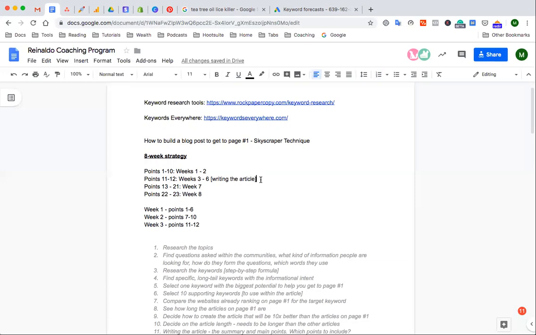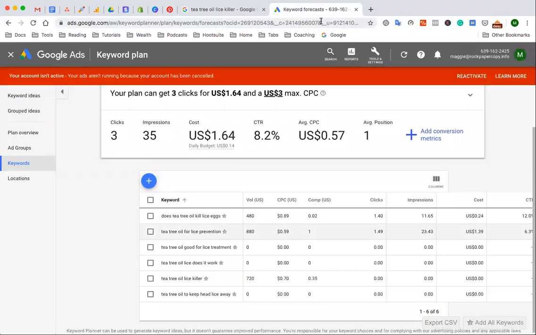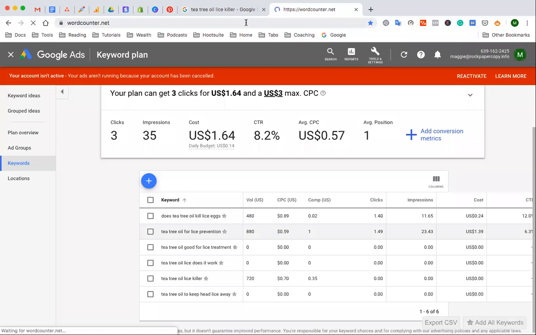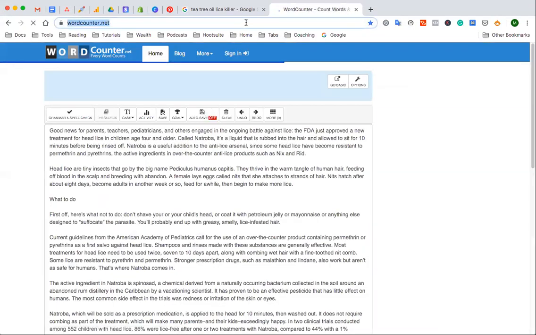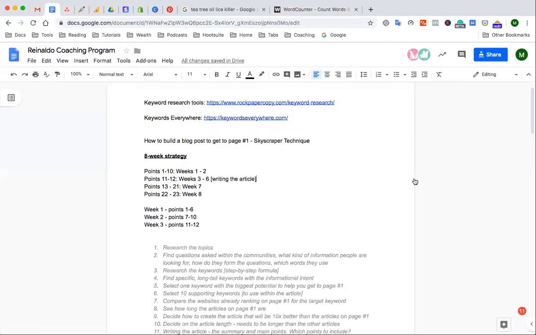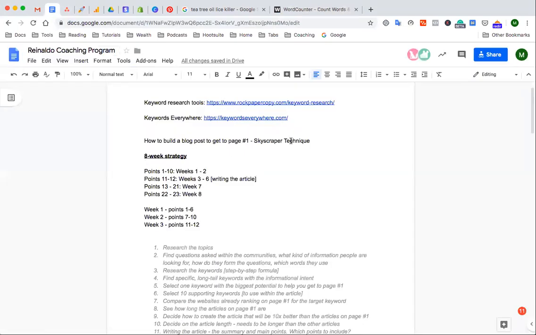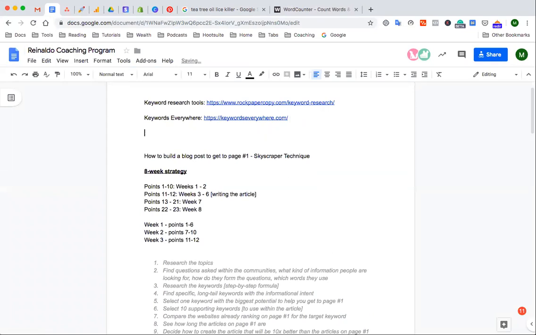At least 1,000. But I would compare with this word counter tool. Copy and paste each of the article contents into this tool to see how many words they've got. So you know that your article needs to be longer in order to outrank them.